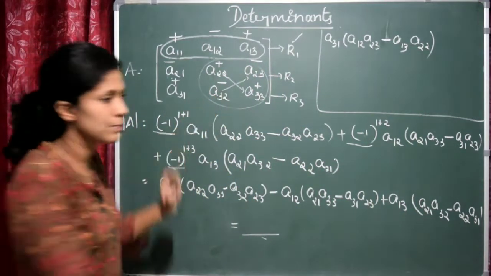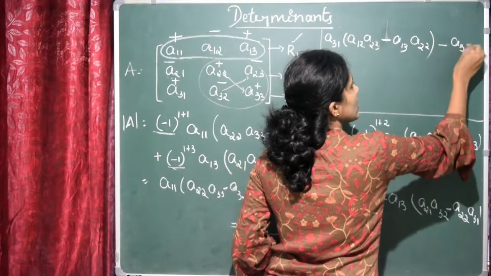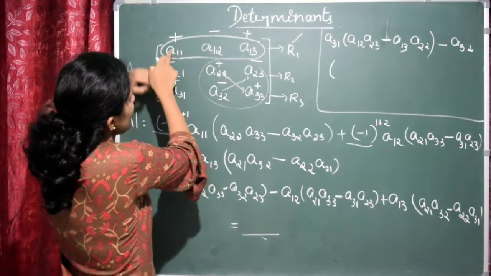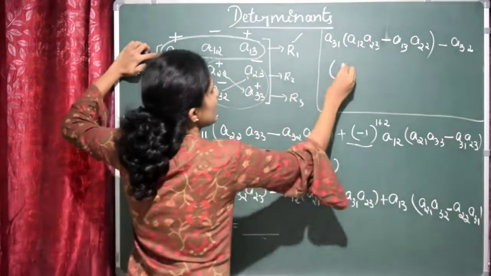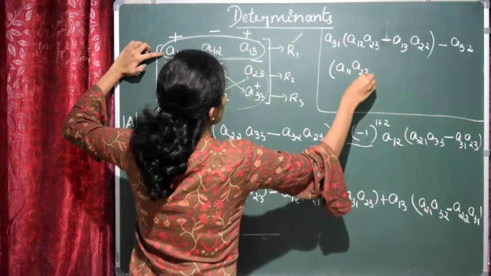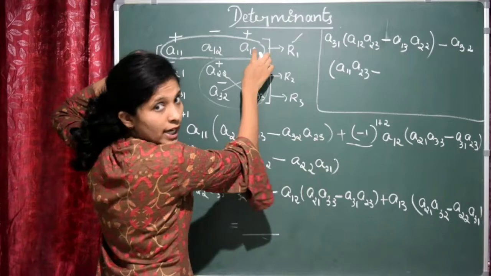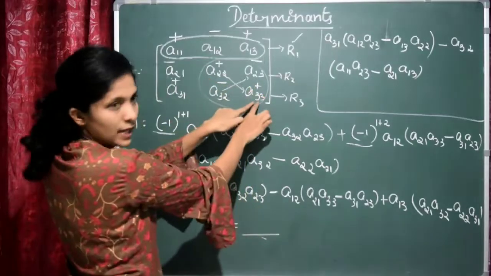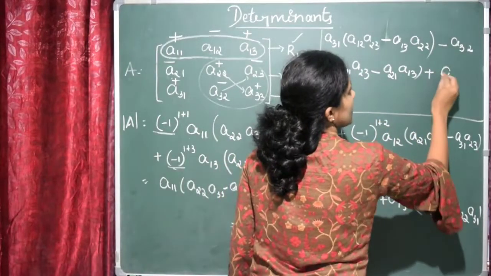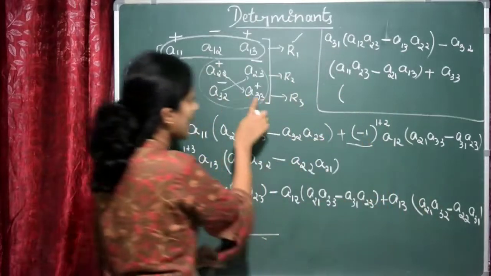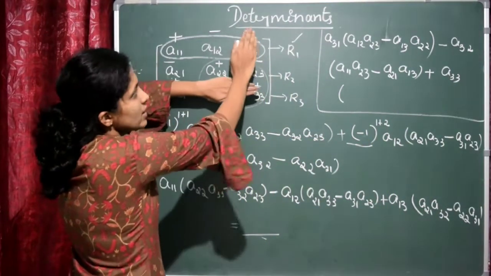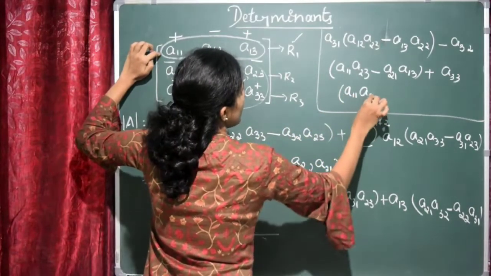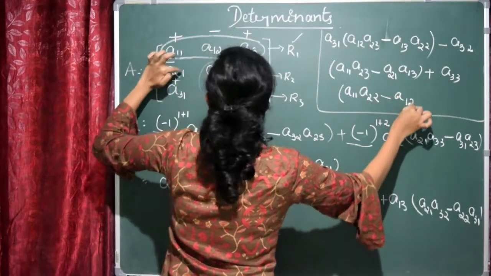This is now minus, right? Minus A32 into, now I have to delete the third row and the second column, remaining with A11 into A23 minus A21 into A13. Is it clear? A21 into A13. Last, this is plus A33. So I will write plus A33 into, now I am expanding along this one. I have to delete the third row and the third column, multiply this one. That is now A11 into A22 minus A12 into A21.